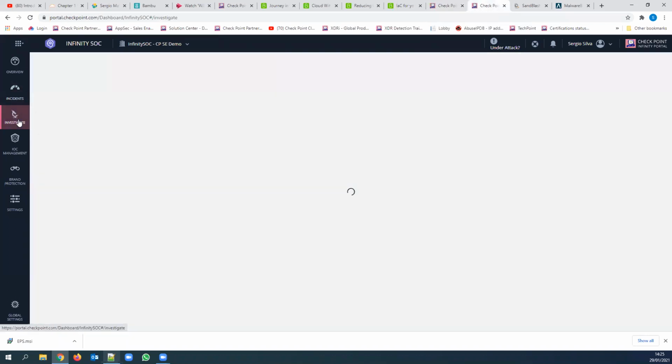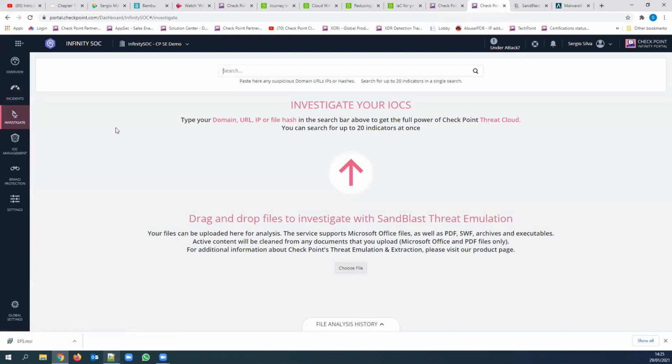Now, these are just a few of the indicators that I've gone through. What if you find an actual file? So the next thing that we give you is the ability to take a file off a machine that has no known information or intelligence on it. You're still worried about that file, because it hasn't done anything, but what would happen if someone ran it? Or what if it was on a time clock and it started to initiate the execution of that file? So you can take that file and actually upload it into